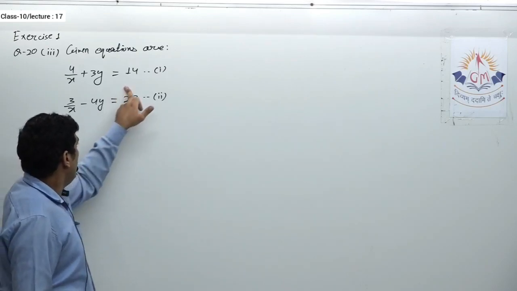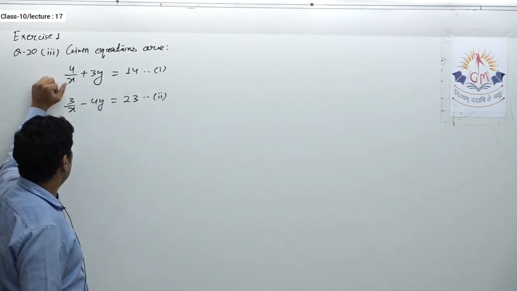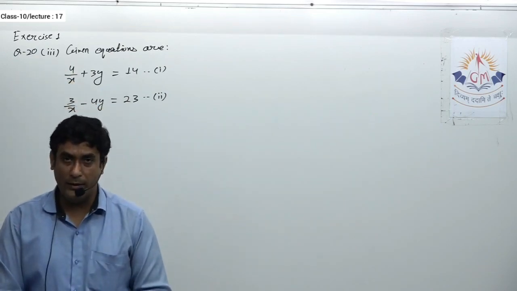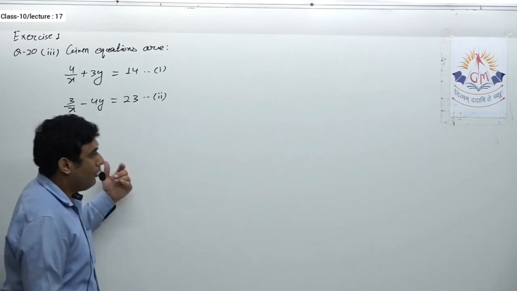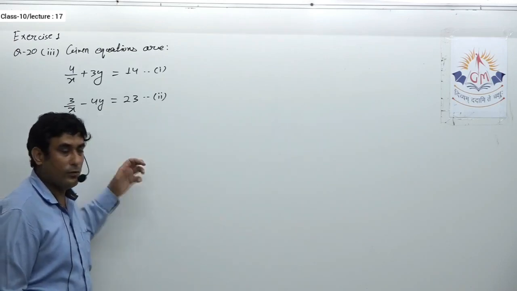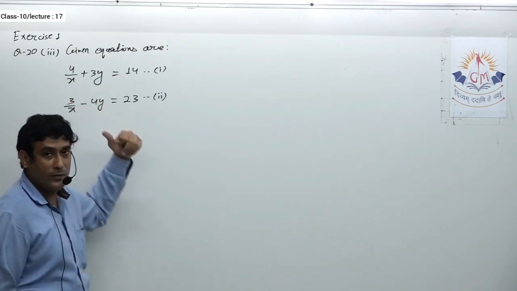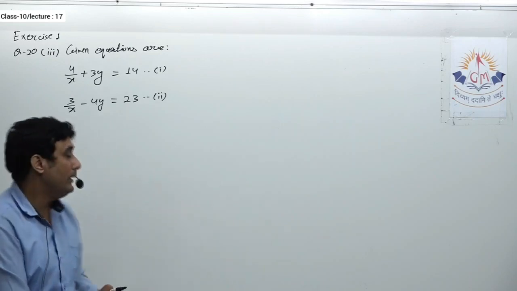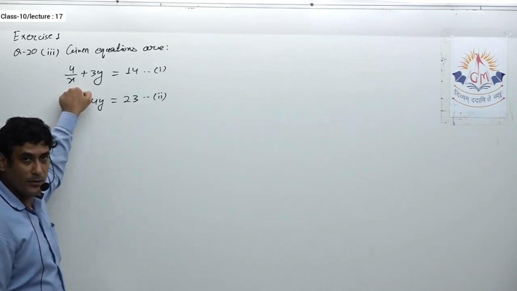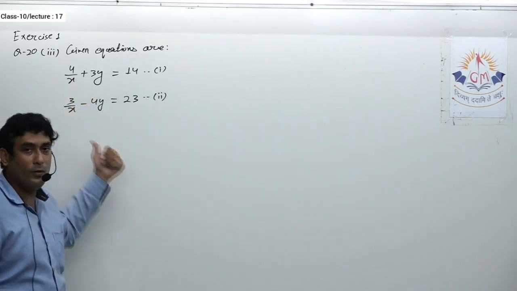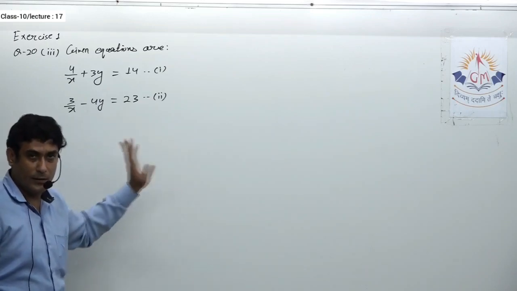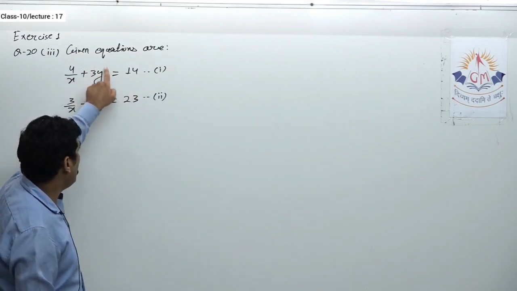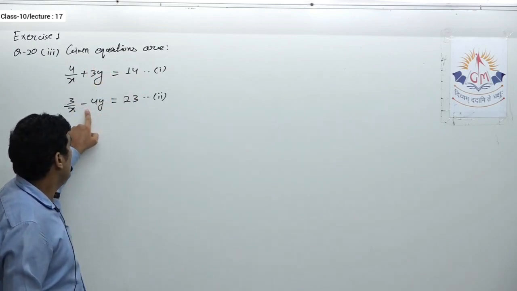Okay, now in the previous question, both variables were in the denominator. So we assumed 1 upon root x equal to a and 1 upon root y equal to b. Or in the last lecture we saw a question in which x and y were in the denominator. So we assumed 1 upon x equal to a and 1 upon y equal to b. But over here only one variable is in the denominator. So here we have to make only one assumption. That means 1 upon x equal to a. y is already in the numerator. That means this term y I can say is a linear term. Okay, so